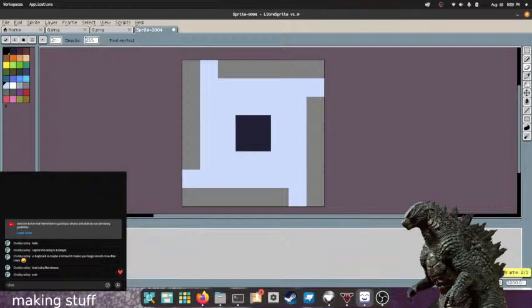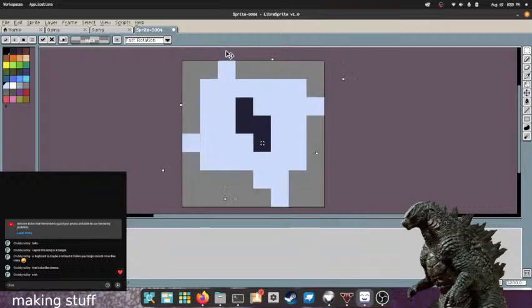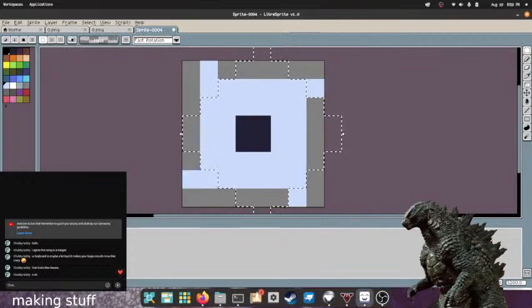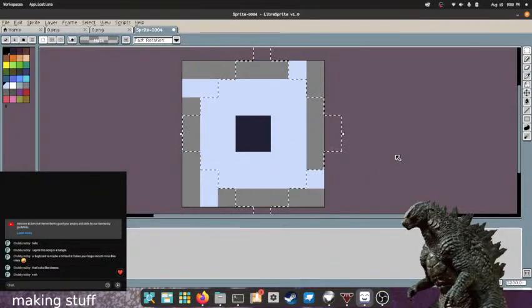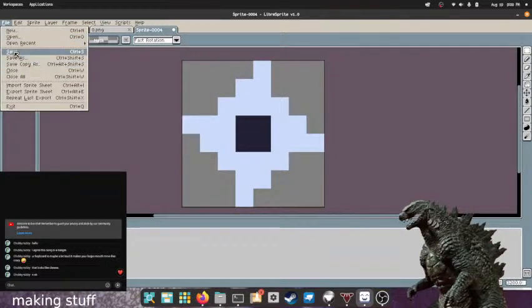Let me just do a rotation. If I just select it, and that's gonna go whomp. And I try to rotate. Oh, like that. Oh, there we go. That looks kind of bad, but that's okay. That's what we need. That's good enough. There we go, okay. So we're gonna save this too.